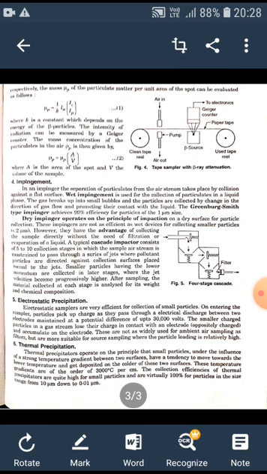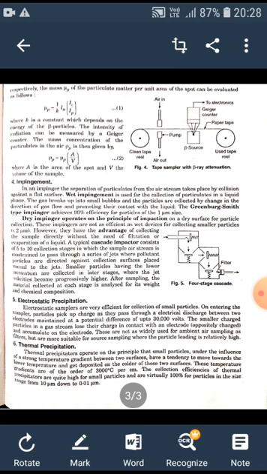The usual impinger used is known as the Greenberg-Smith type impinger, and it achieves 99% efficiency for particles of 1 micrometer size. Dry impinger operates on the principle of impaction on a dry surface for particle collection. These impingers are not as efficient as the wet devices for collecting smaller particles. However, they have the advantage of collecting the sample directly without the need of filtration or evaporation of liquid.